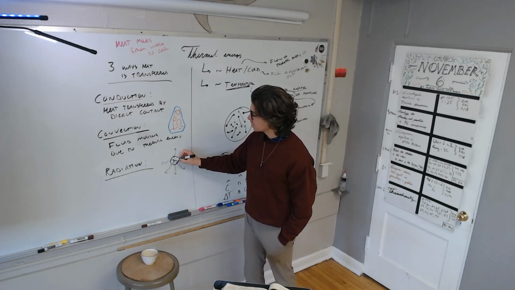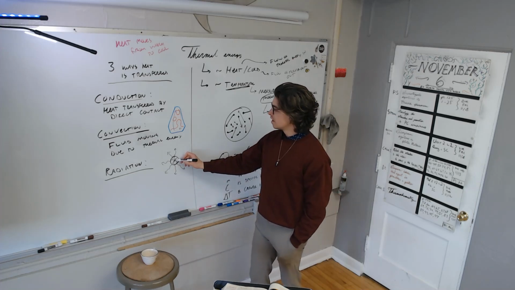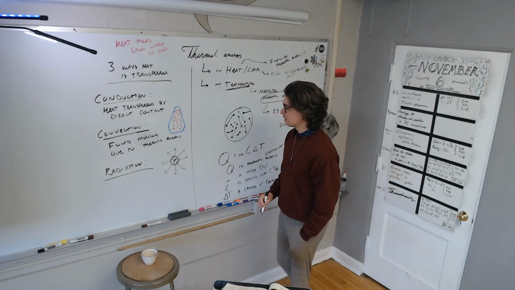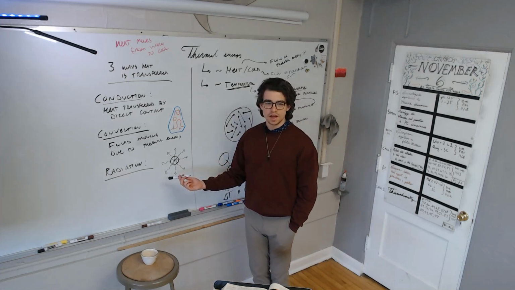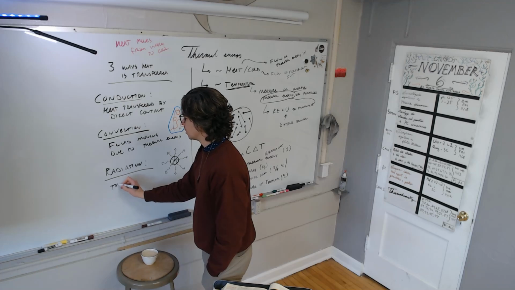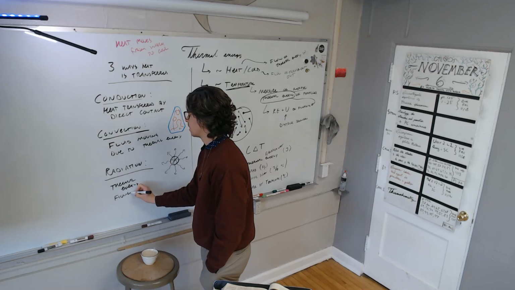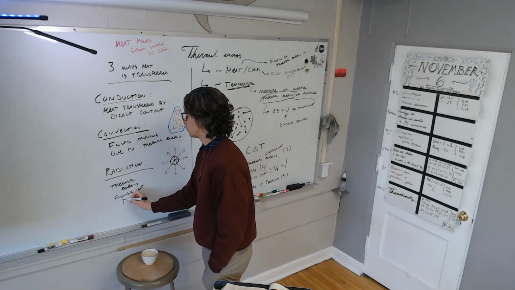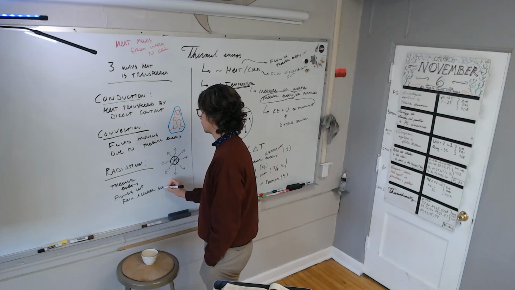Now what have I drawn? What does it look like I've drawn? The Earth exploding. No, for those of us who aren't so into the apocalypse, it kind of looks like I've drawn the sun, and the sun is our major source of radiation. So thermal energy flowing out from a central source.